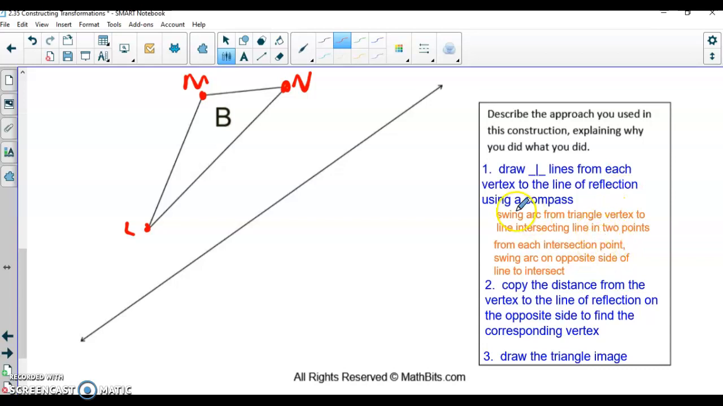set of directions, which is swing an arc from the triangle vertex to your line of reflection such that it intersects this line of reflection in 2 points. From each of those points of intersection where the arc that you drew intersects your line of reflection, swing an arc on the opposite side, so over here in this blank space from triangle B, get those arcs to intersect in an X, and then connect your point on your triangle to